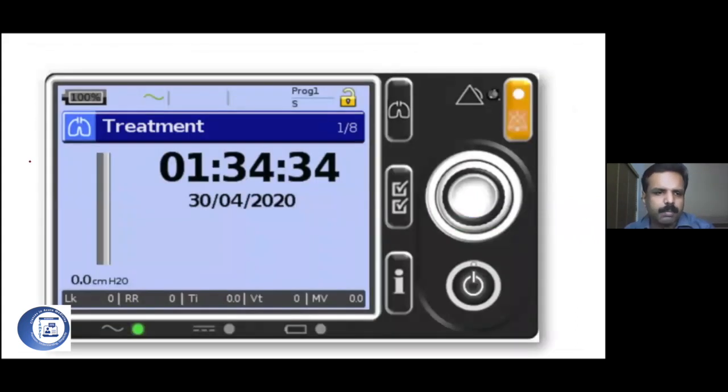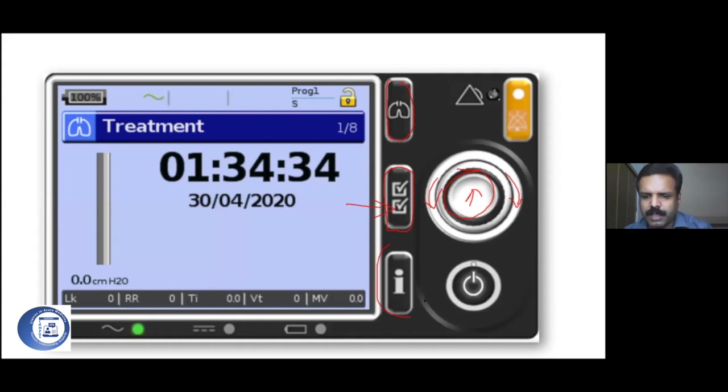So now coming back to our settings. We have one button here. This is one button, and this is the dialer. Usually to select anything, you have to press this dialer once, then rotate it to this side or this side to reduce or increase the values. This is basically for looking at the settings. To do any settings, you have to press that.